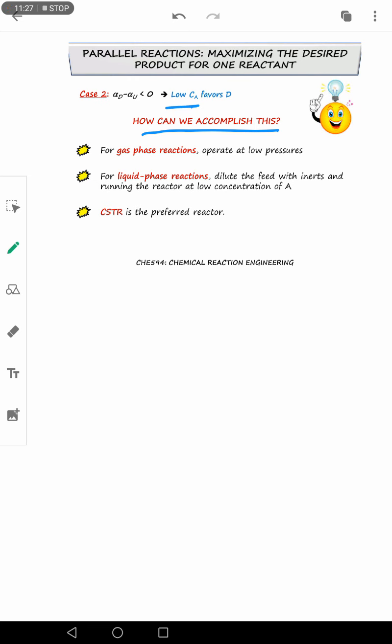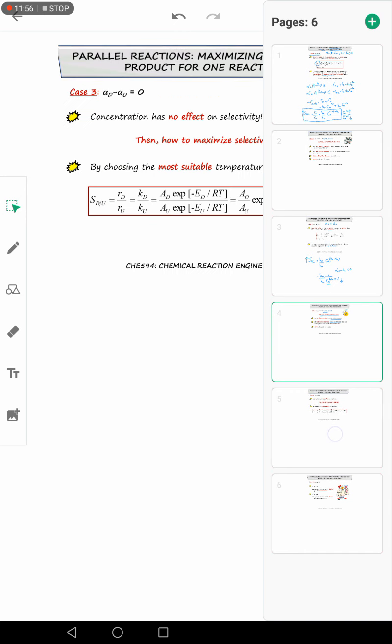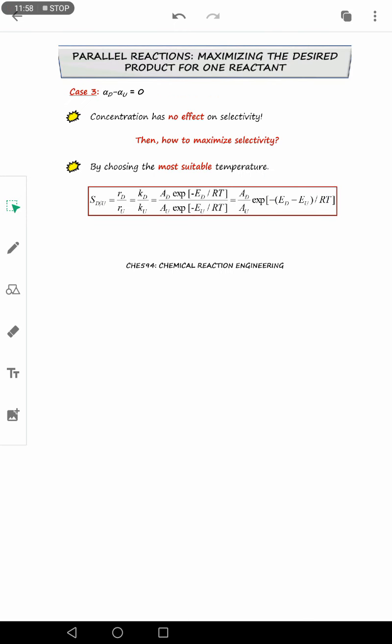So gas phase reactions have to operate at low pressures. Liquid phase reactions, you have to make sure the reactant A is diluted as much as possible. Okay, you have to use the dilutant. And then the CSTR is preferred compared to batch or plug flow reactor. Okay, let's have a look at the next case in which